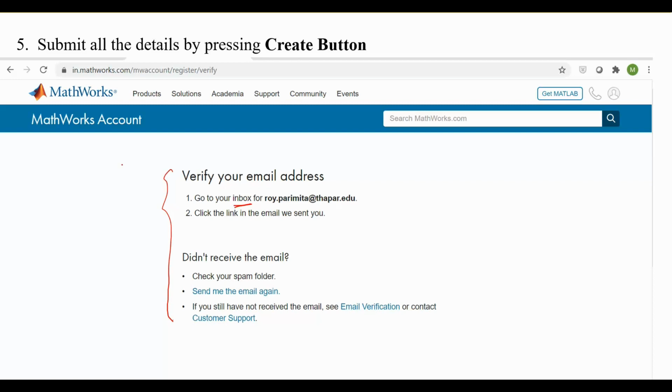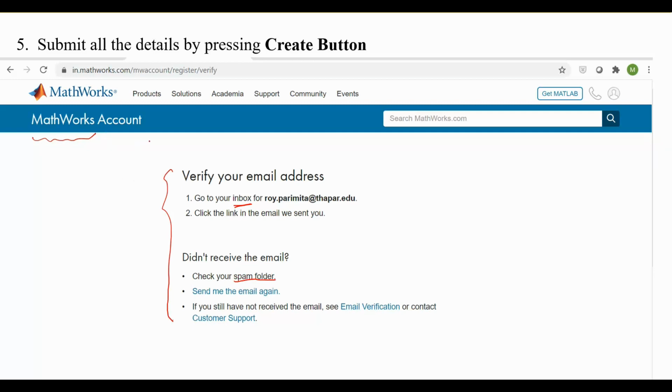If you don't receive any email from MathWorks, you need to check your spam folder, because sometimes the email does not appear in the inbox. Just check your spam folder, and then click on the verification link which is sent by MathWorks.